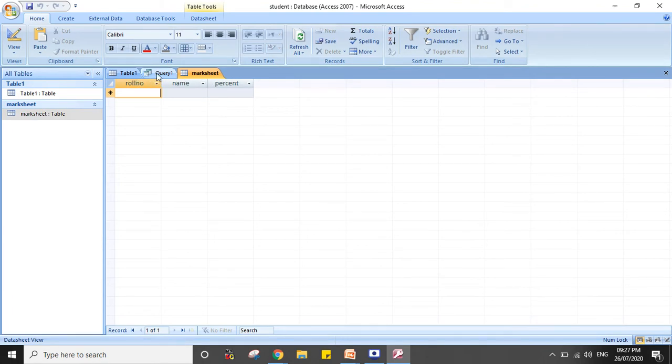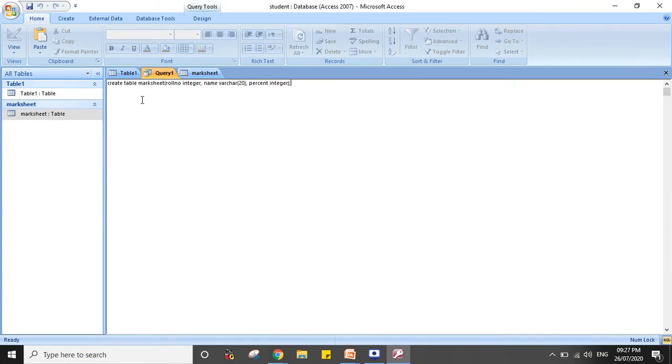Fine. Suppose now I want to insert data in this. So I will write insert query for that. Insert into mark sheet values, and under this values I will write all the values. First is the roll number.